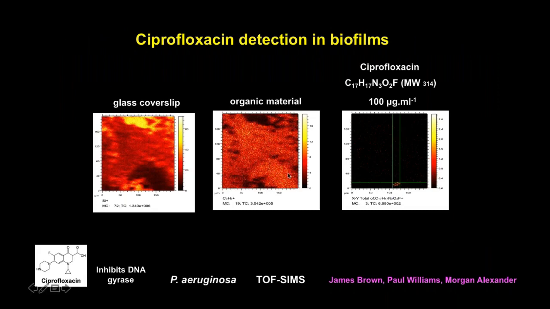And to see if this was possible also in a biofilm, we grew biofilms on glass cover slips, and this is the baseline data from the mass spec. So this is actually where the glass is. This is where the organic material is, and there are areas here which are high for the organic material but not for the glass. So that shows us where the ciprofloxacin is, and we could detect that within a microcolony,